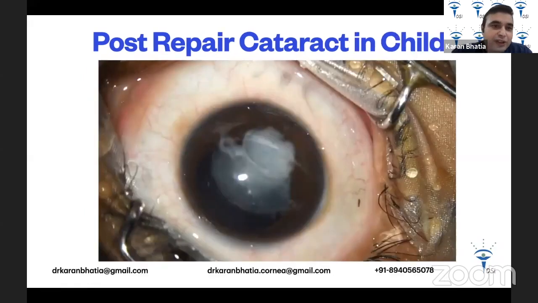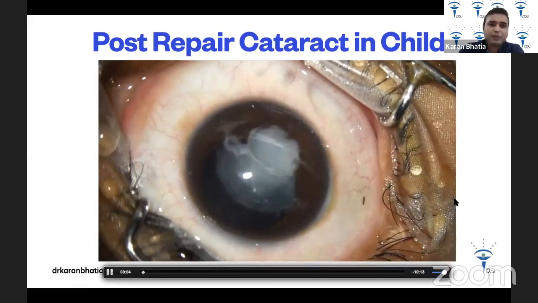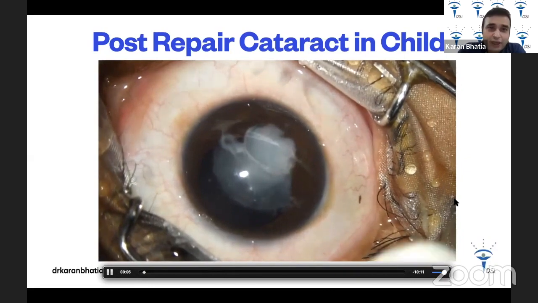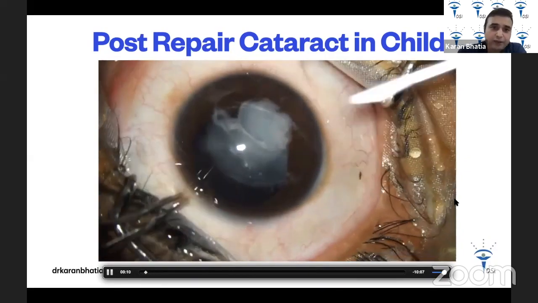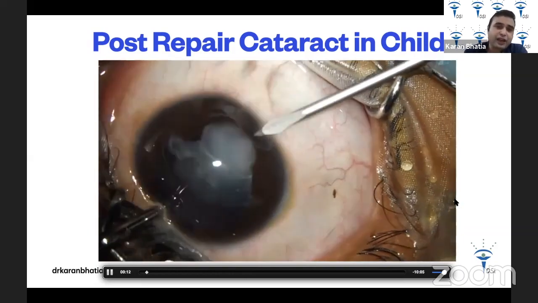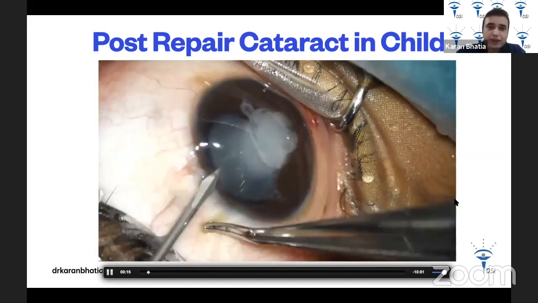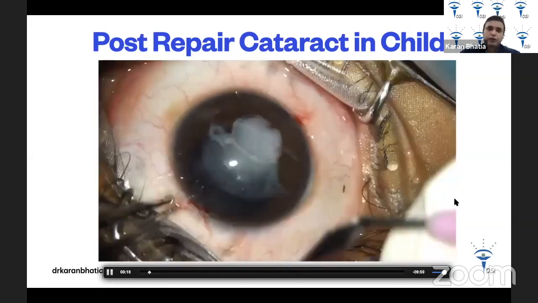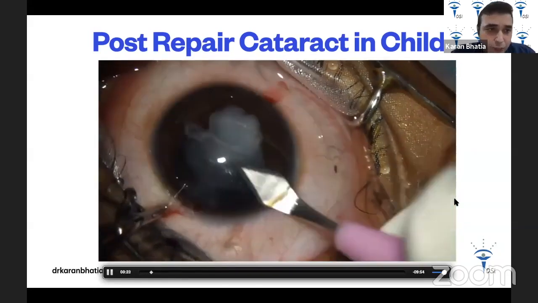So this is another patient I operated on this month only, or last month. This was a child, and this child had a traumatic cataract. We had done the tear repair and it had healed, and so I'm making the 2 incisions over here: the side port incisions with an MVR knife, followed by a clear corneal incision using a 2.8 keratome.